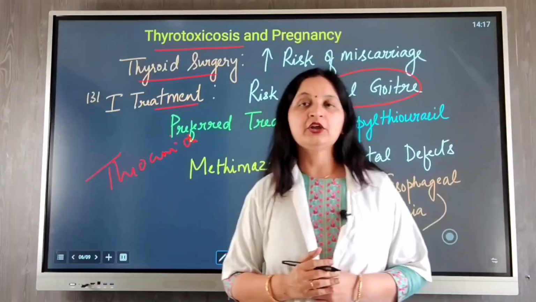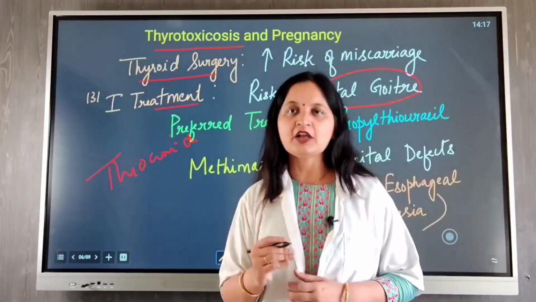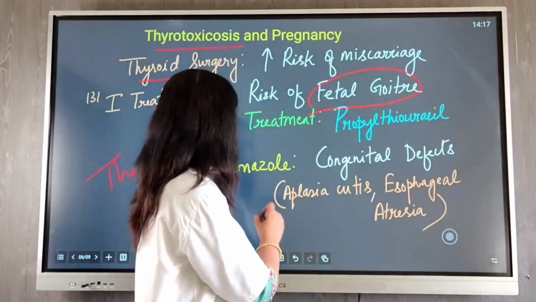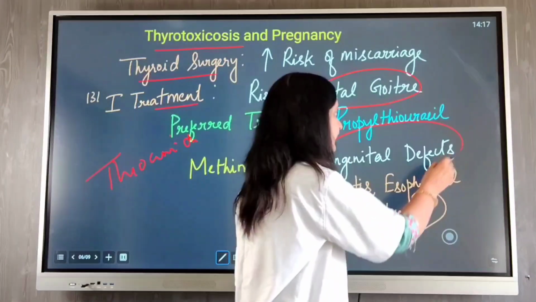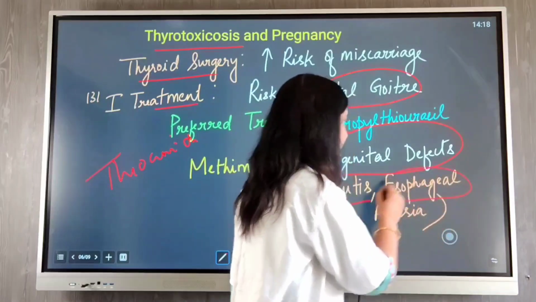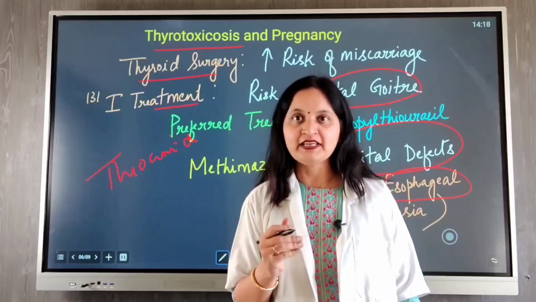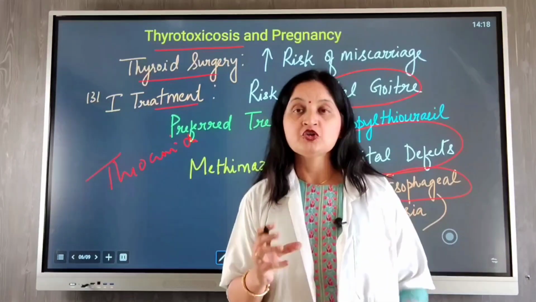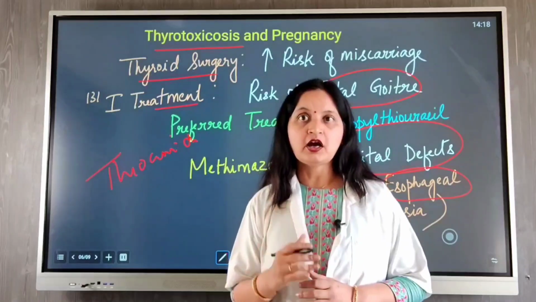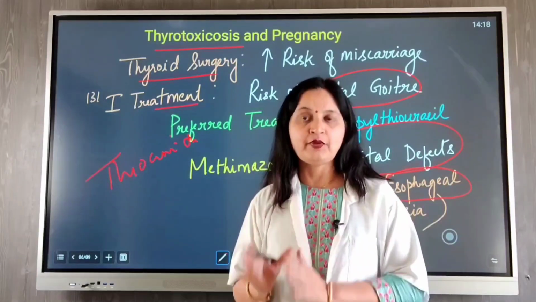Now amongst the drugs that are included under thioamides are propylthiouracil, methimazole and carbimazole. To be noted that methimazole is known to be associated with congenital defects such as aplasia cutis and esophageal atresia. So esophageal atresia and aplasia cutis, which means that the skin is absent. So these are congenital malformations that are associated with methimazole, carbimazole, and therefore they should be avoided in the first trimester of pregnancy